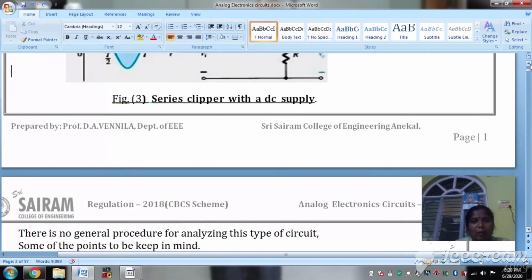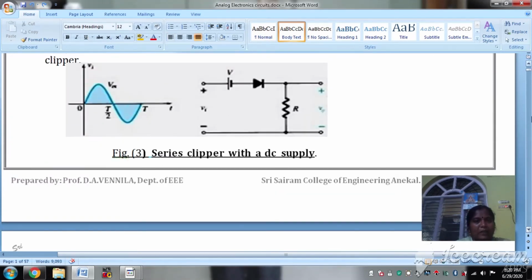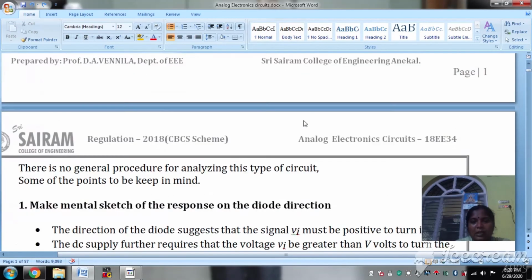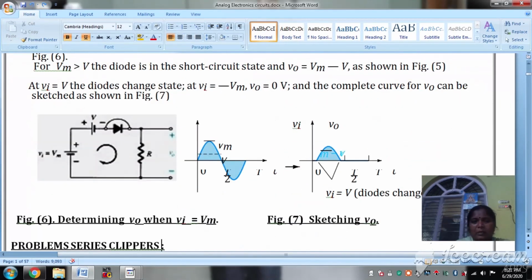And for the next half cycle, the negative half cycle, what will happen? From this point, that is at time T/2 to T, your diode will be open circuit, so your output will be 0. See here the output waveform I have shown. During the positive cycle, up to 1 volt the output will be 0. After that, the output follows the input. During the negative half cycle, completely you will get 0. So this is about your circuit. Okay, thank you, students.